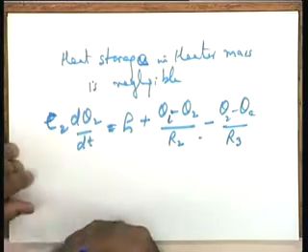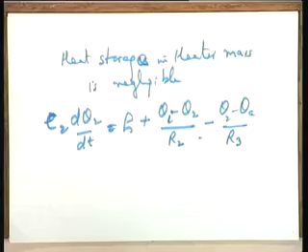This becomes a single equation, and in the process please note I have reduced the second order system to a first order system. Naturally the order of the system depends upon the number of energy storage elements. In the earlier situation there were two energy storage elements, the heater mass and the liquid in the tank. If I assume that the heater mass energy storage is negligible, then by physical reasoning also you can say that the system now is a first order system, and it is amply demonstrated by the corresponding mathematical model, which turns out to be a first order differential equation and hence a first order state variable model.